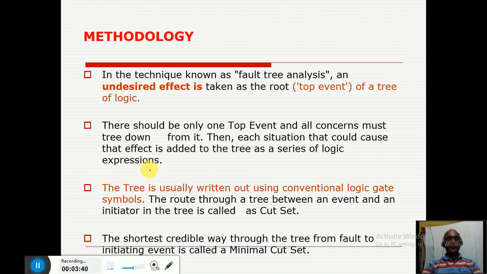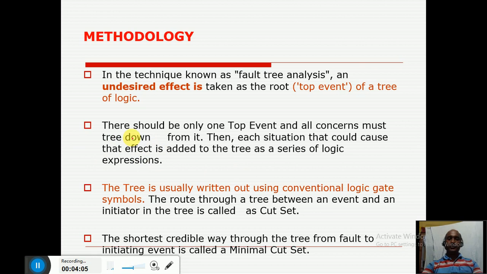Here basically we find out the failure of the system. We consider the failure, and there is a very simple relation between failure and reliability. 1 minus failure rate is nothing but your reliability. Or failure is equal to 1 minus reliability. Once you find out the failure, we can find out the reliability, and once you know the reliability, 1 minus reliability is your failure. So there is a very simple relation.